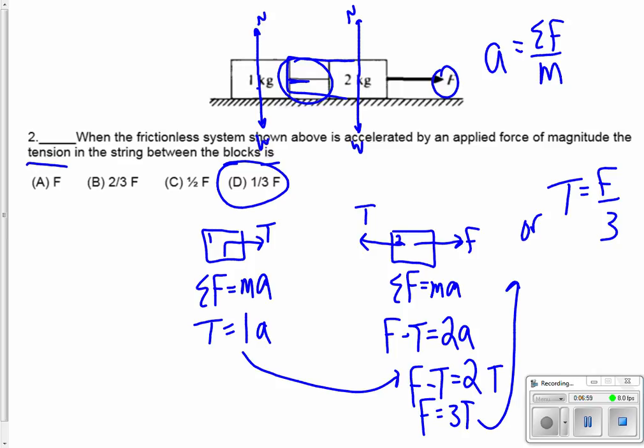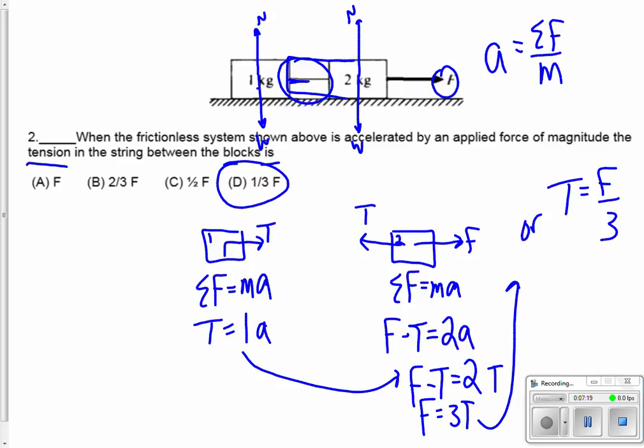And that's a strategy, or I wouldn't even call it a strategy, it's just how you do it. Two objects, two diagrams, two equations, and then we solve those two equations for however we need to. In this case, we were looking for T. Maybe the question was find A or find F, but either way, we're never going to change the way we